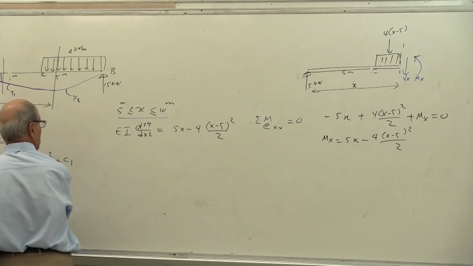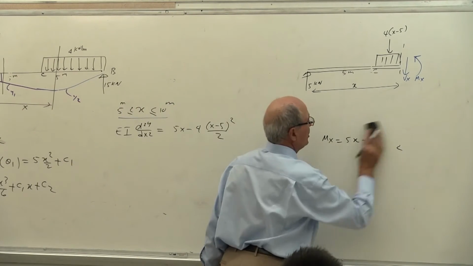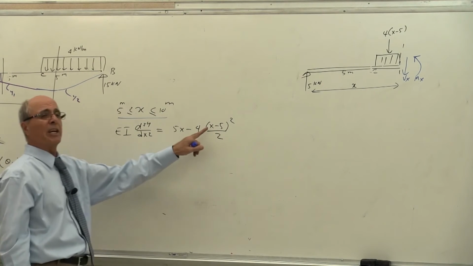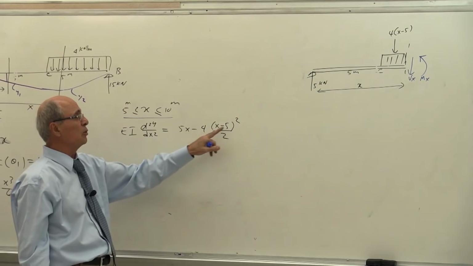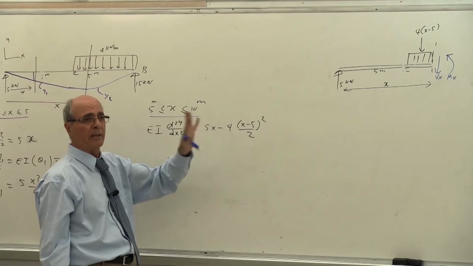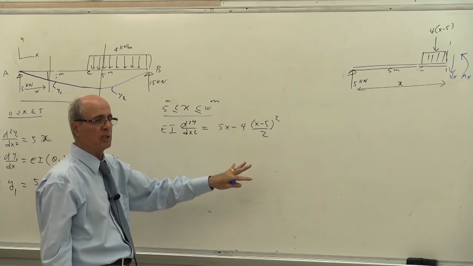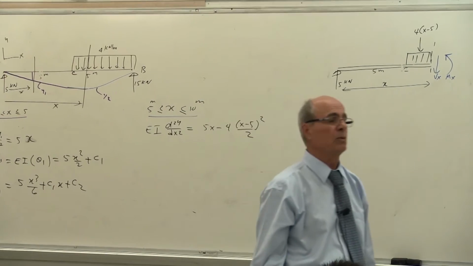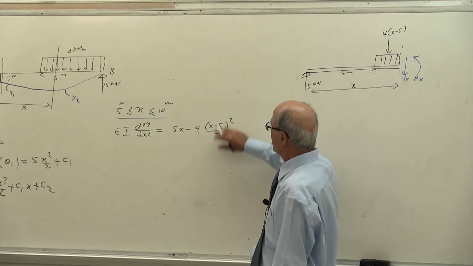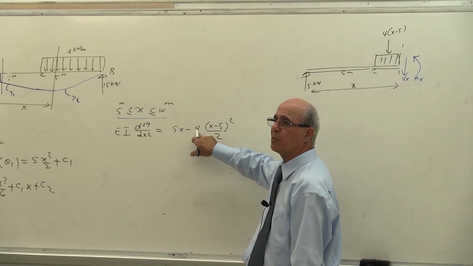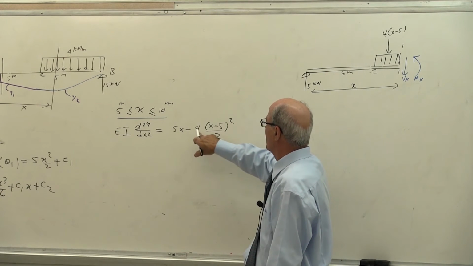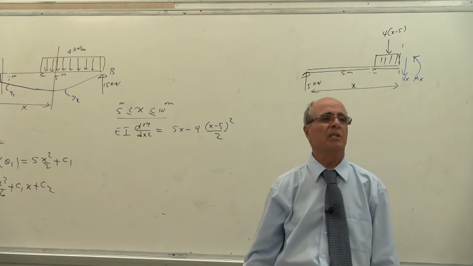Now, my request from you, if you want to follow my format, which many people use always as well because this is the computer format: never expand this. Some of you in ME218 try to expand it, to mix it together. Then you say x squared plus 25. Never do that. Write it down. Never expand it. Keep it in this format. It's much, much simpler to do that. Otherwise, you get into lots of trouble in math. And again, use it in the factorial format. Notice I do not divide this 4 by 2. Everybody remember, this 4 was W, that 5 is a reaction, etc. I keep it in the same format as before. Is that correct or not?